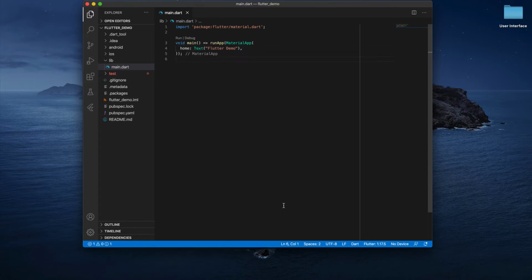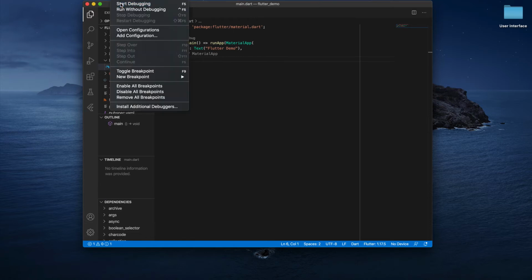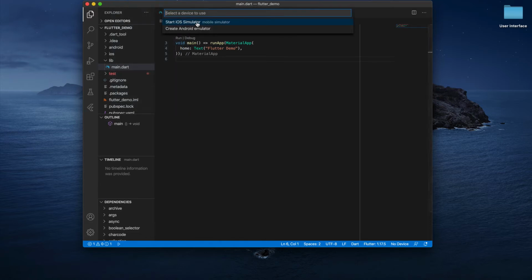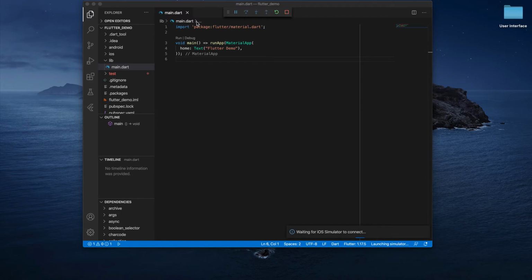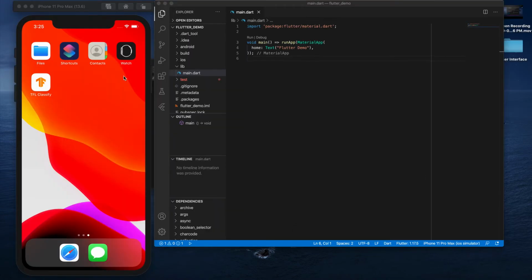So when I do this, either I can open the command panel, or otherwise I can open it directly over here. The simulator has opened over here on the left side. If you want to run this application on the simulator, you can go to the command terminal. There in the terminal you can execute commands. When you type flutter run, it automatically runs our default Flutter demo project in this simulator.